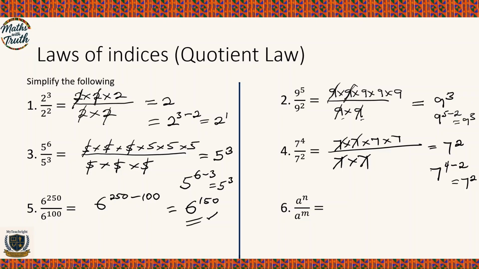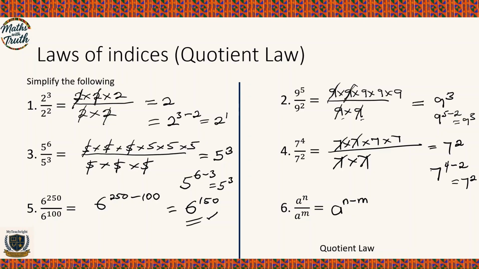So that will be a exponent n minus m. And this is called the quotient law of indices. Now, I want you to describe the quotient law of indices in your own words in the comment. Now, the quotient law of indices states that if you have an indices expression divided by another indices expression of